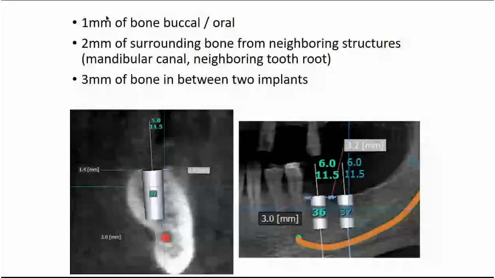Also, that 1 millimeter will change if we are in the aesthetic region. We should change that to 2 millimeters. So when we are planning either insertion or bone augmentation, we should look for the availability of about 2 millimeters of buccal bone in that position. And also